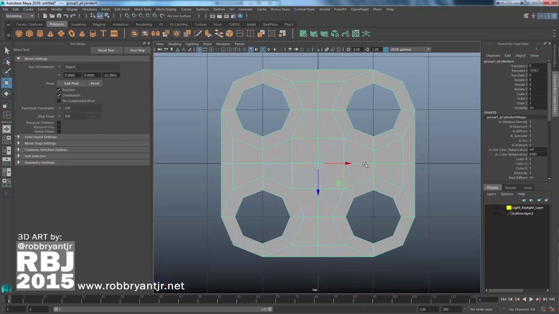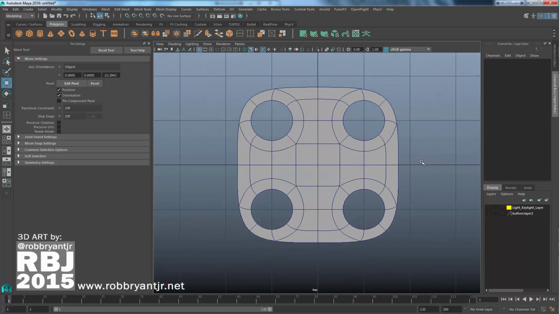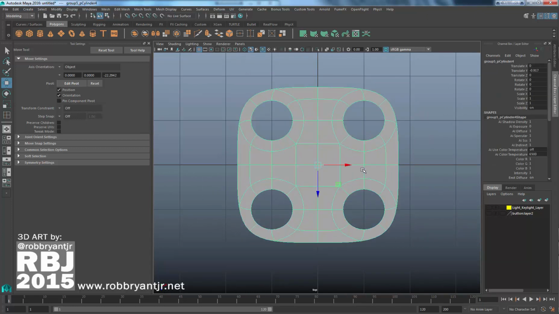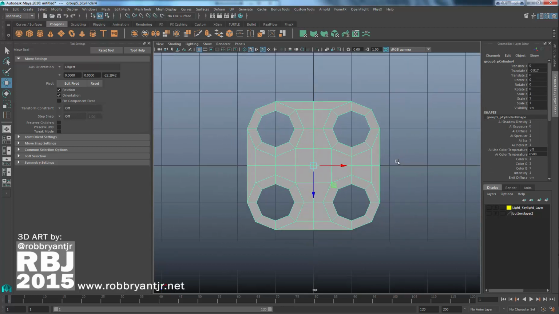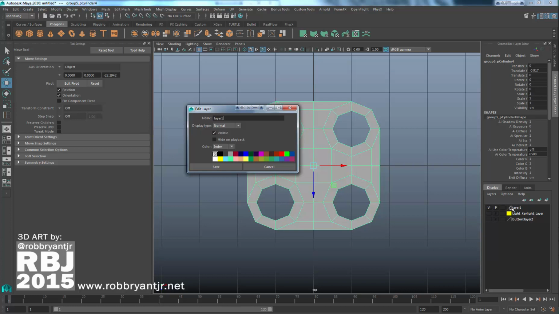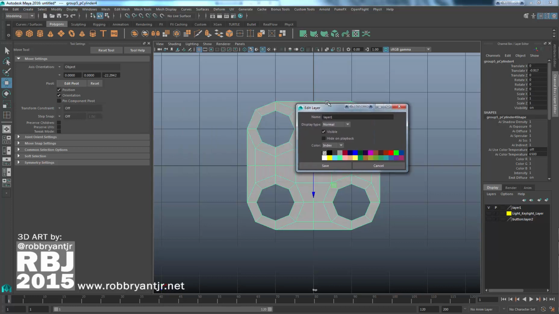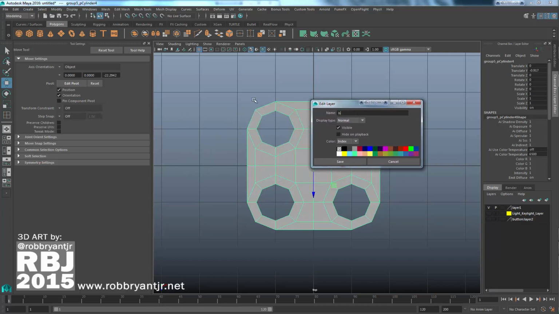This is good to go. If we click on smooth mesh, this is what we get. Glorious. Awesome. I'm going to put this on its own layer and hide it so that we can start to work with our outer piece of geometry. And by doing that, I can come over here and click on the create a new layer and assign selected objects. That's after I have the piece of geometry selected. So I click on this button. It places it on its layer here that I'm going to name by right clicking on this guy here. It brings up my options box, and I'm going to change this to